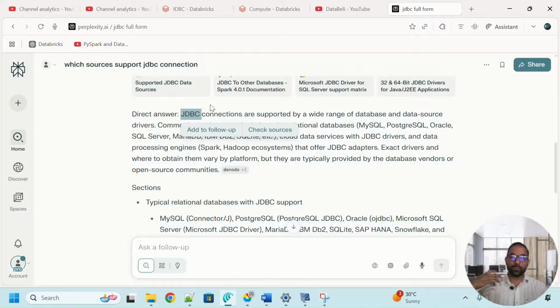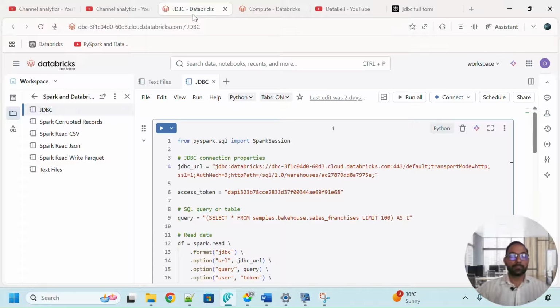It is supported across a lot of languages, and Spark obviously supports it. So let's understand how exactly we can connect to it in Spark. To make this connection, first of all, we need a JDBC URL. How exactly can we get it? It depends on the source. And in this example, we will be connecting with our own